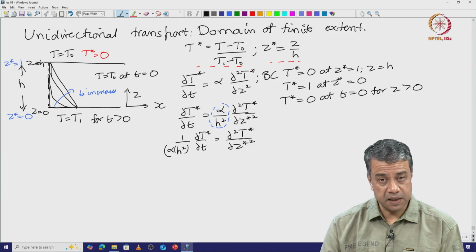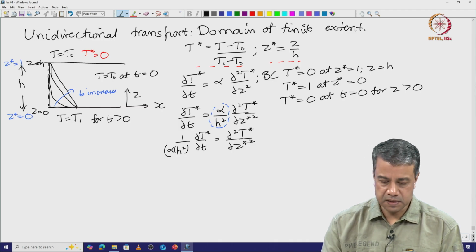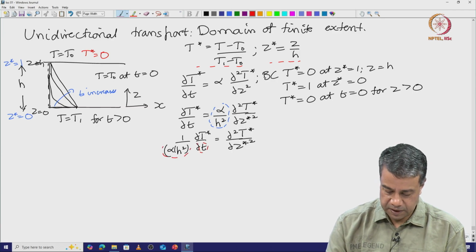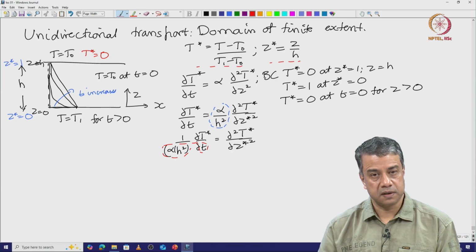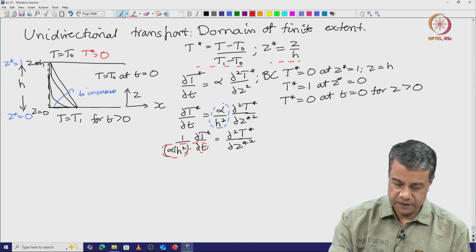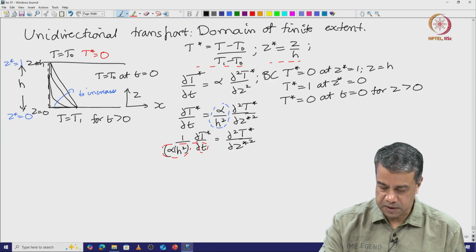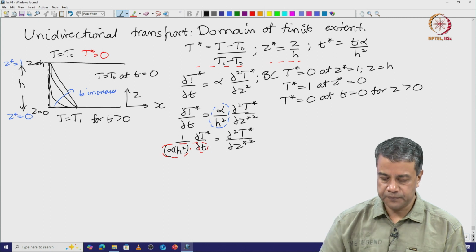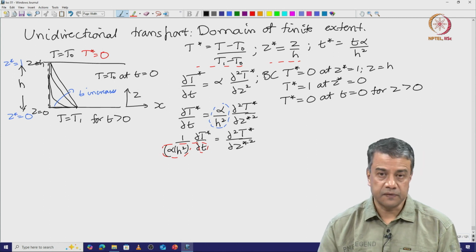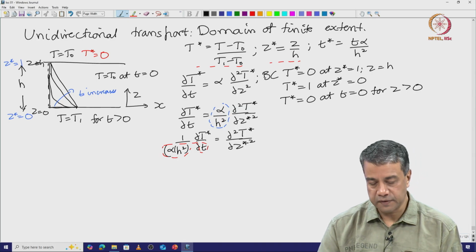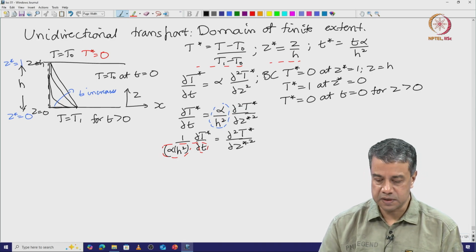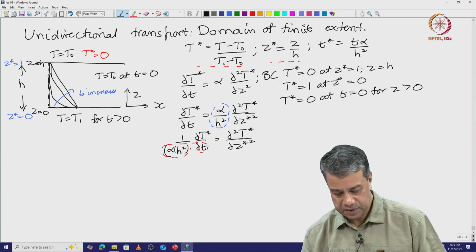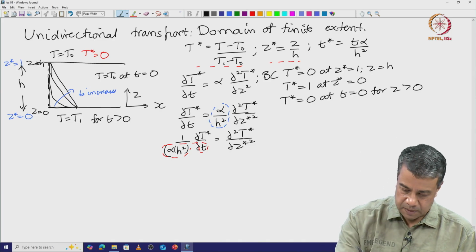The right hand side is dimensionless. On the left side the numerator is dimensionless, which means that this product of t times this factor also has to be dimensionless, and that is easily verified. I can define the dimensionless time as t star equal to t alpha by h square. Alpha has dimensions of length square per time, divided by h square, length square dimension, times t, which is time. You can verify that that is dimensionless. So, therefore, my equation becomes